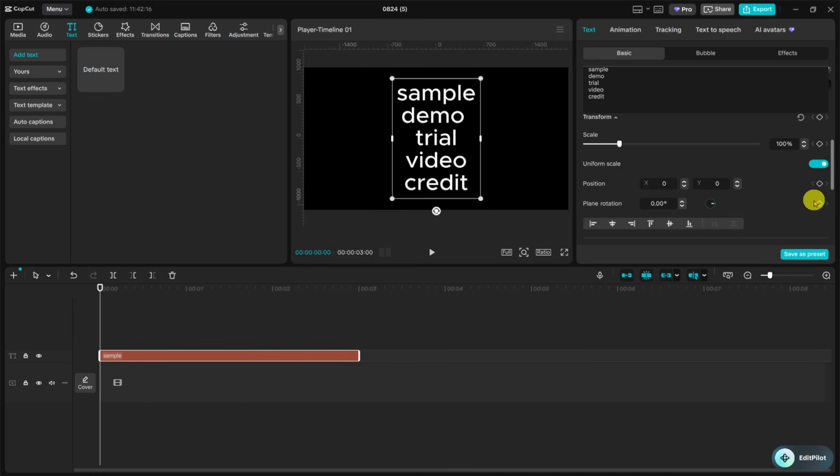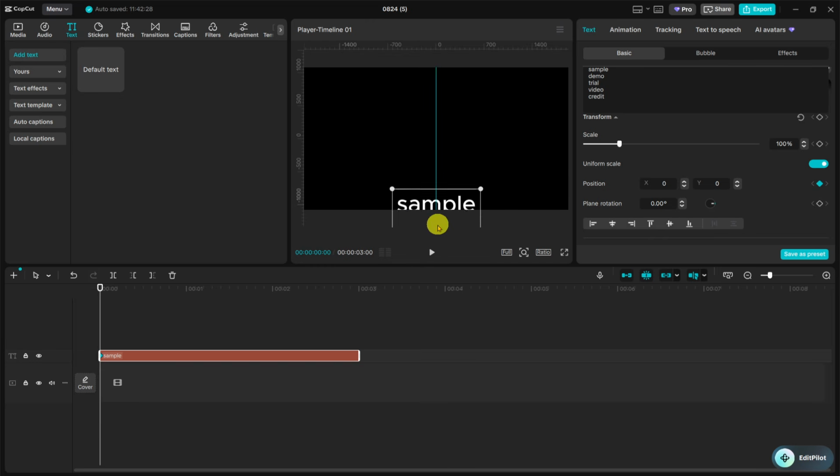After setting that keyframe, drag the text downward so it sits at the bottom of the screen. This creates the starting point for your credits, making them begin off-screen or near the lower edge for a more natural scroll. Now click on the text clip again in the timeline, but this time move to the end of